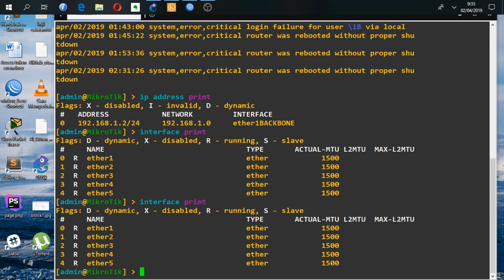And for the next, replacing the interface name. Each interface has a name. For example, interface Ether1 by default will have the name Ether1-gateway. Interface Ether2 will have the name Ether2-master-local. In this chapter, I will change these interfaces to become Ether1-backbone and Ether2-LAN. To replace the interface name, you can use a command like this. I will show you.